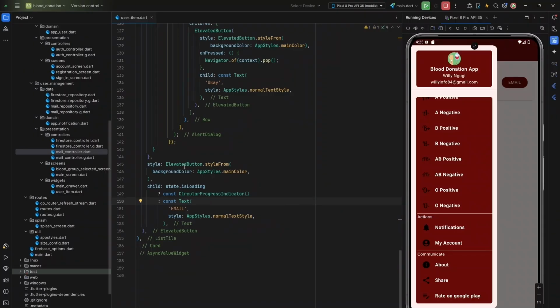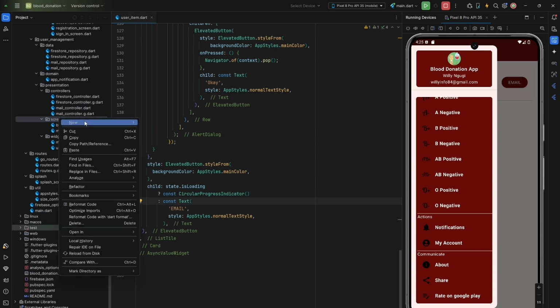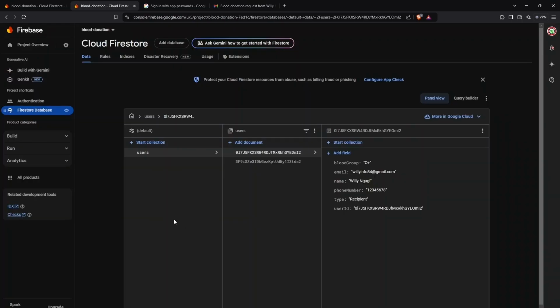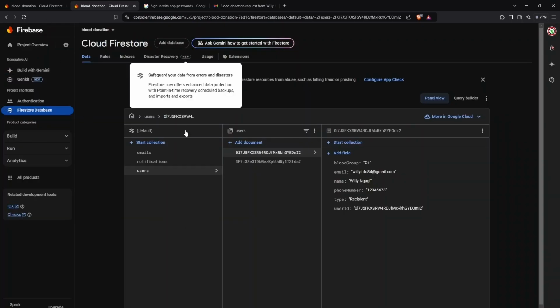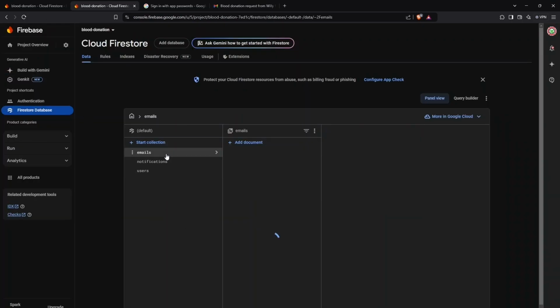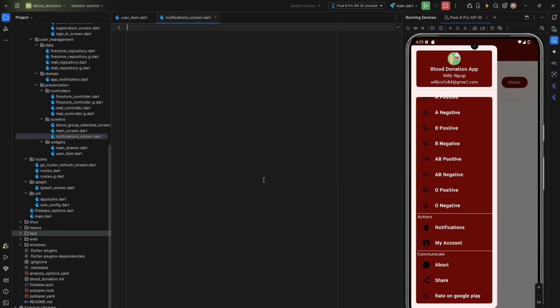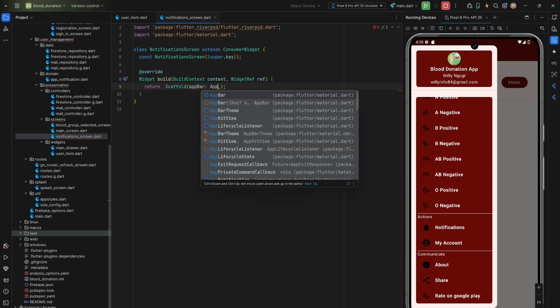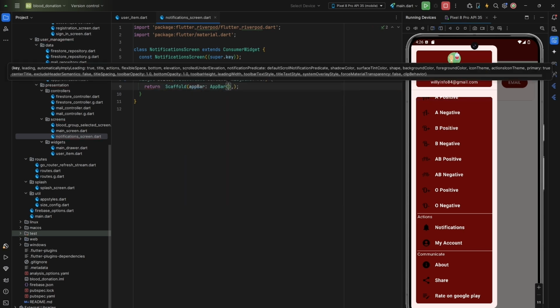Okay, I want us to work on notifications, and for that I'm going to create a new screen which I'm going to call notification screen. If we go to the Firestore and refresh this, as you can see now, we have others. We have now email, and we also have notifications. Let me load these notifications. So our notification screen is going to be a consumer widget. Here we are going to return a scaffold with an app bar and a title